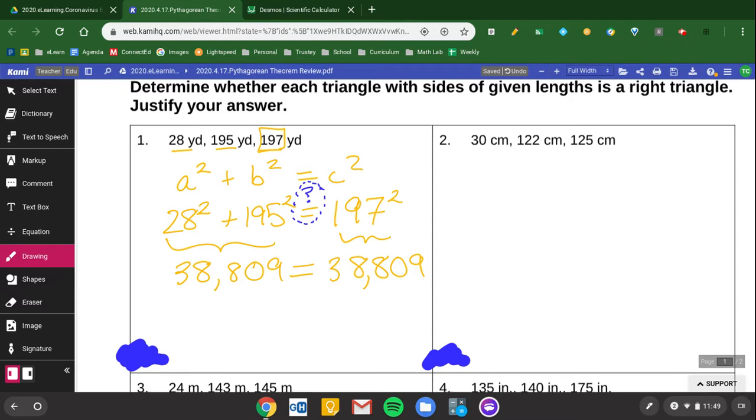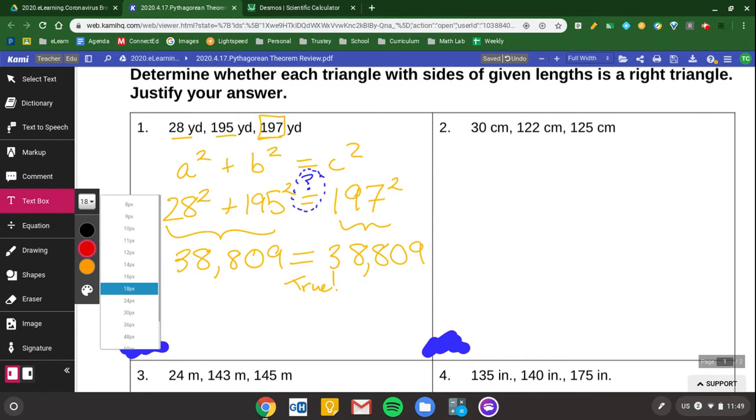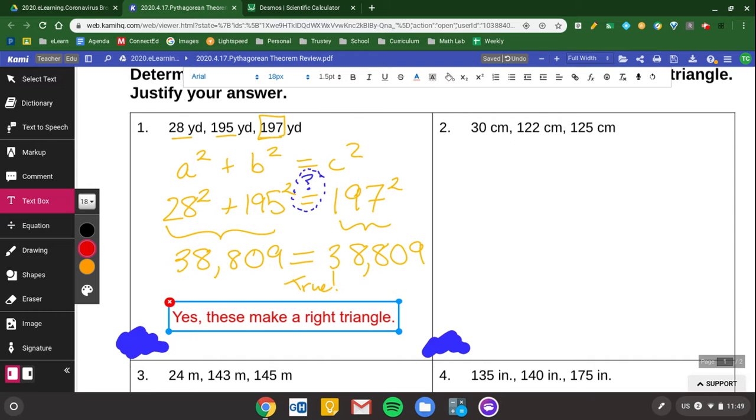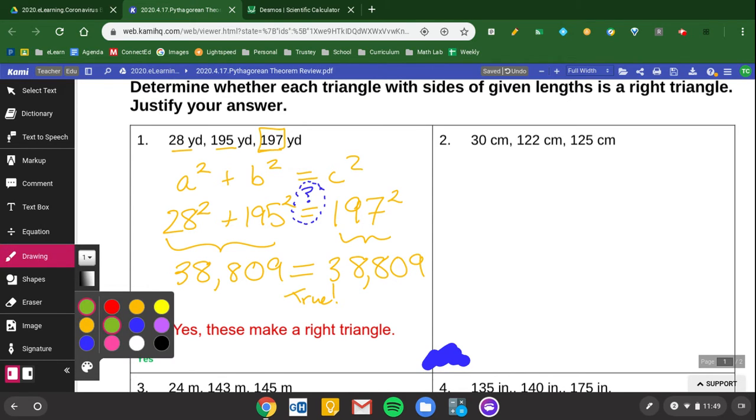So, because this is in fact a true statement, I'm going to come down for my answer and I'm going to write, yes, these make a right triangle. Something along those lines. Now I go on to number two, where we're going to do the same sort of thing. Oh, and by the way, yes, you can erase your answer just to make sure that you do have the correct answer. Let's go ahead to number two, where we have